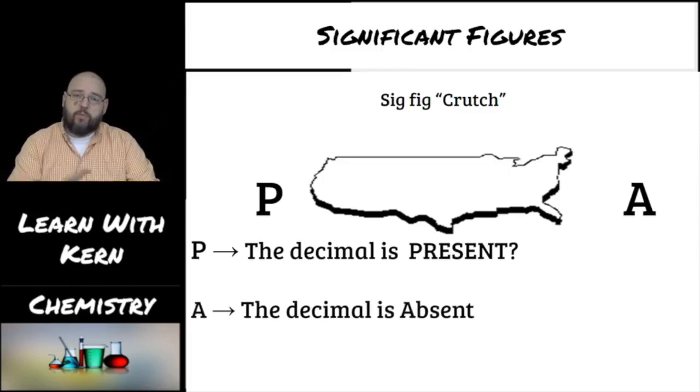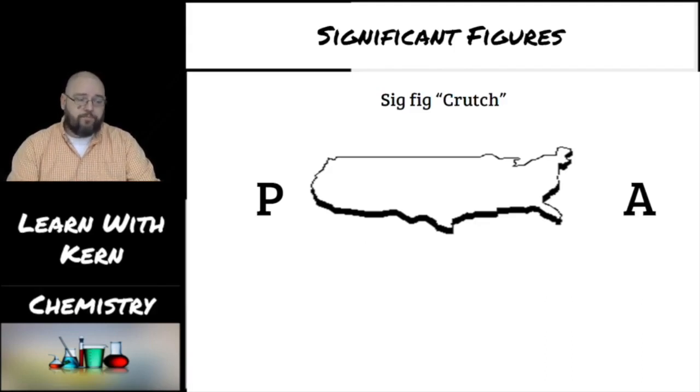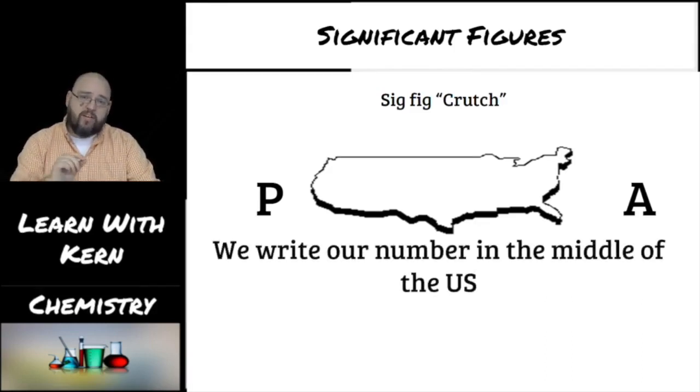So you'll see, if you go back and look at the rules, that for the most part, whether or not a zero is significant depends on the decimal, if the decimal is present or absent. So if I write the decimal or not is going to help us determine which things are significant and which things are not. So how does this tool work? We're going to write the number that we're dealing with in the middle of our United States. So let's use this one,